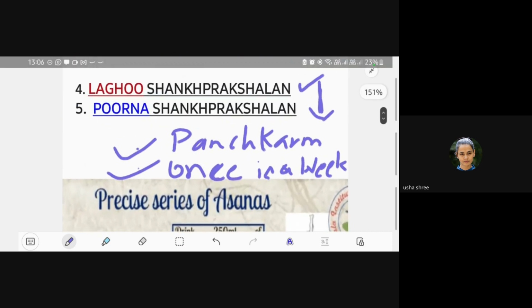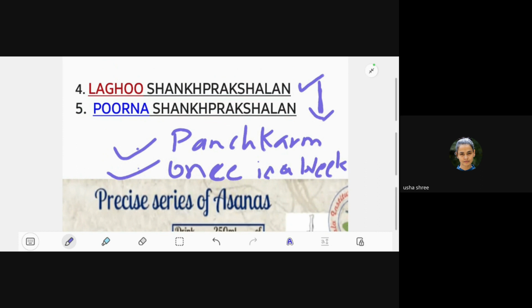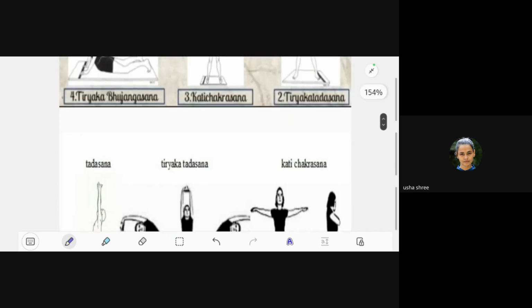Sorry. For the Laghu Shank Prakshalan, drink nearly one bottle of lukewarm water with a pinch of salt. If you don't want to add too much salt, that is okay. If you're doing it on a daily basis, you can skip it, but if you're performing it once a week, then I try to add a pinch of salt. The saline water, as I have told you, maintains the pH level so that the toxins come out of your body. This much saline water is required. Drink that water and perform these asanas.